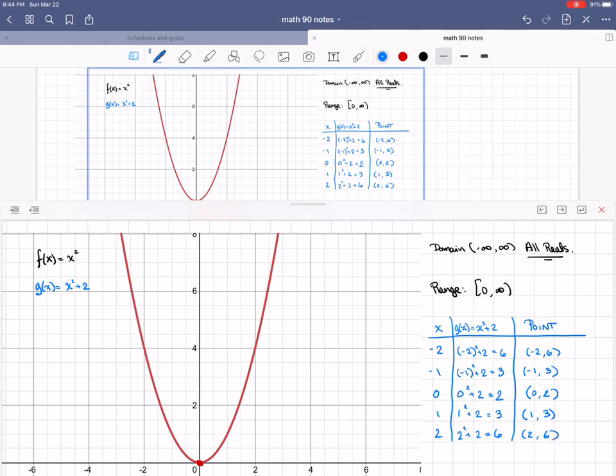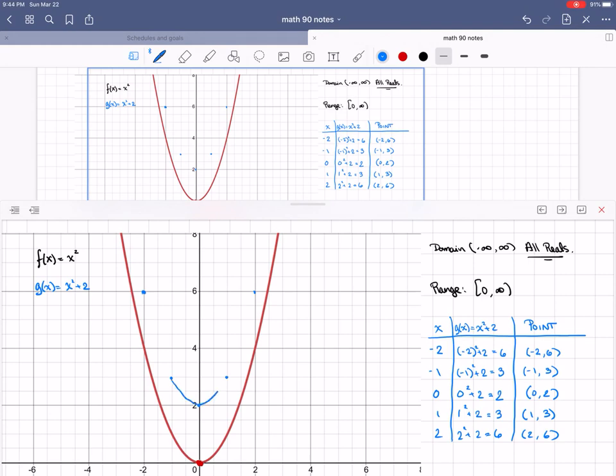So here we have a few points in blue, so let's go ahead and plot them. So -2, 6 is there. -1, 3 is there. 0, 2 is here. 1, 3 is here. And 2, 6 is here. So we haven't sketched in the graph, but I'm hoping that you can already tell that what we've got going on here is exactly the same shape,